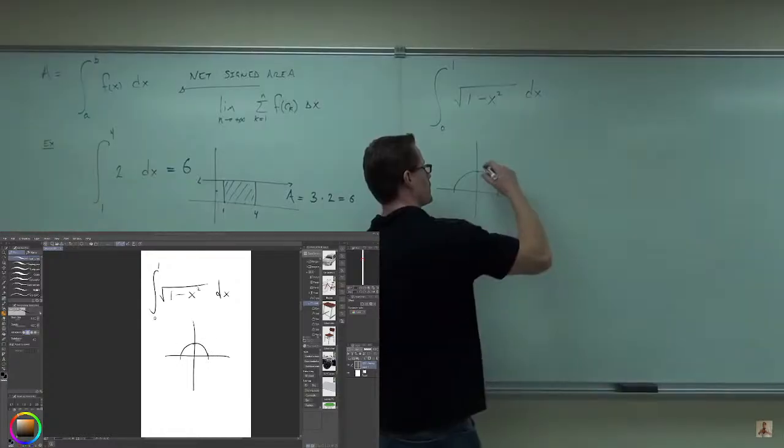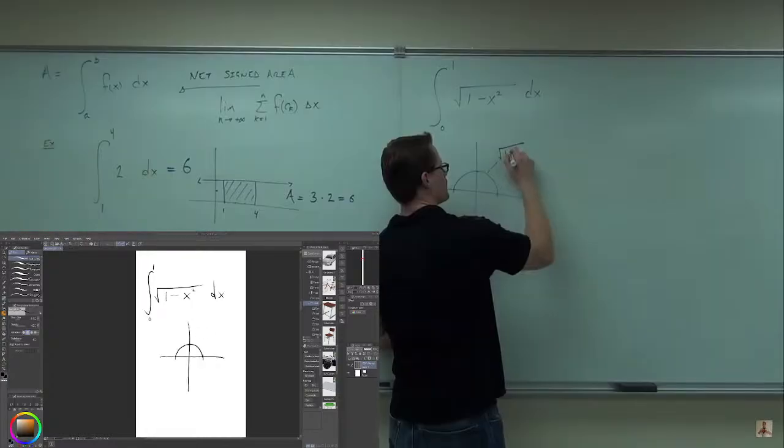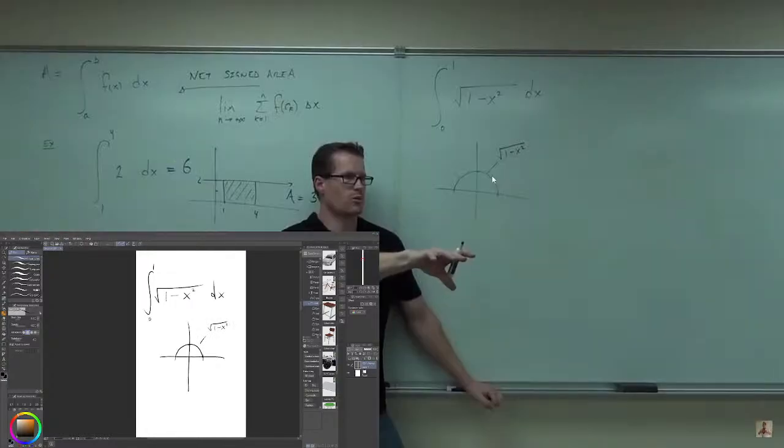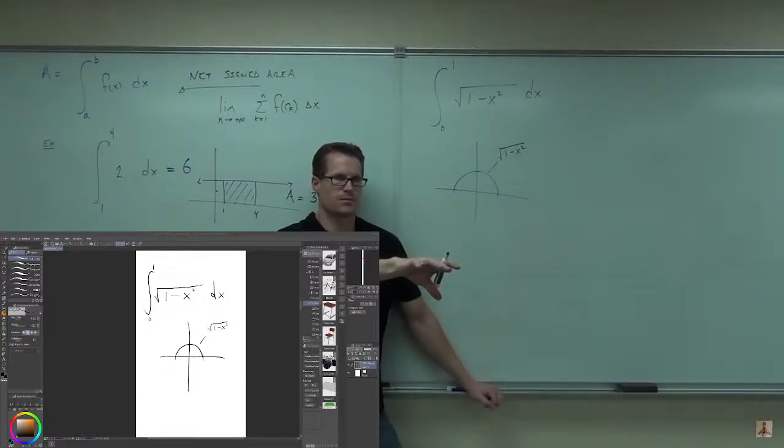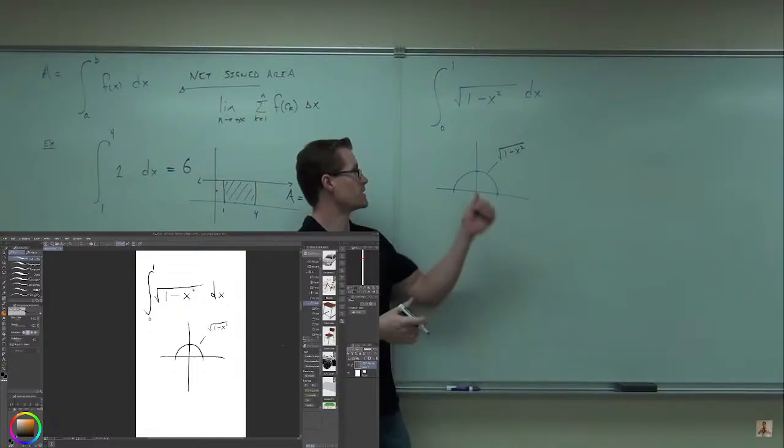You okay with this so far? You sure? So this right here is that. Tell me, someone on the left-hand side of the room, what are my bounds of integration? Where am I starting and where am I stopping? Read my integral. See, my integral doesn't always say start where my function starts and end where my function ends. This actually says start here and there, just like we did over here. Start here